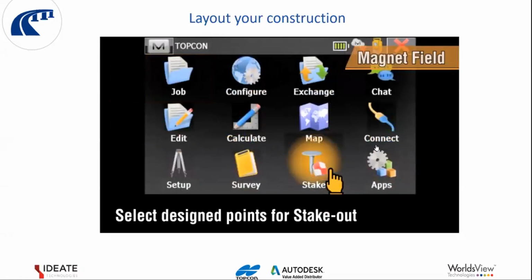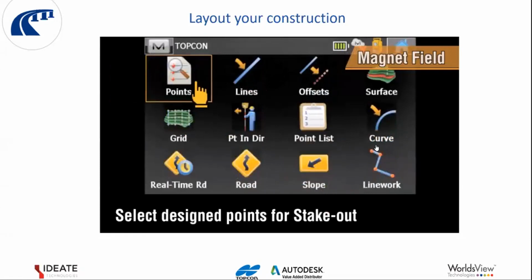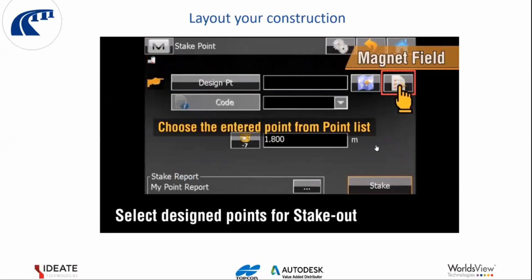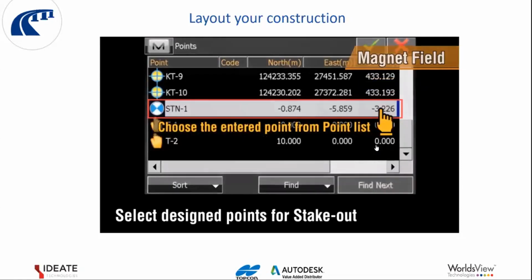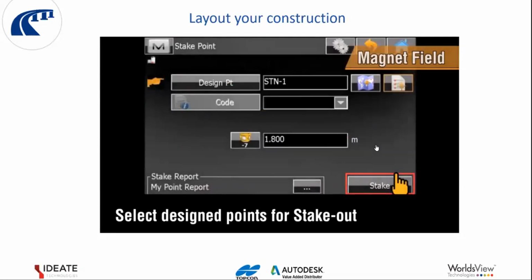You click stake, and what is good about this software is that once you choose your point to stake out from a list of all the points available on your machine to stake out, the machine is here. You have all the points that you can choose from to do the stake out. Once you have chosen one,